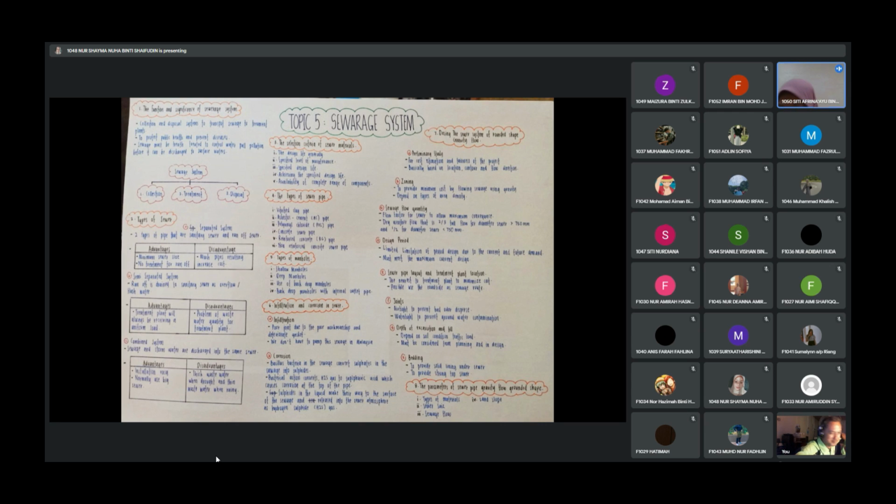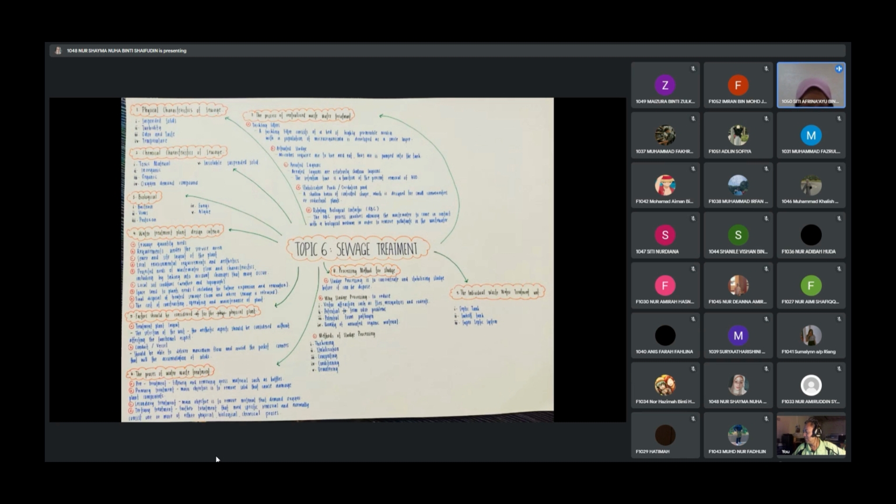Antara dia joint, design period, bending, zoning, preliminary study. Dan yang terakhir kita ada the parameter of sewage pipe gravity flow, rounded shape. Dalam ni kita ada types of material, sewage pipe, sewage flow and lane slope. Dan topik yang terakhir, next. Topik yang terakhir adalah topik 6,